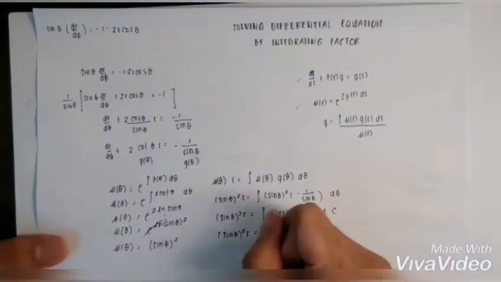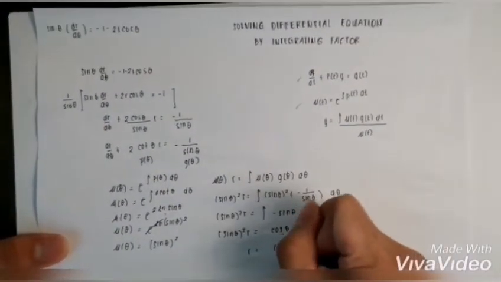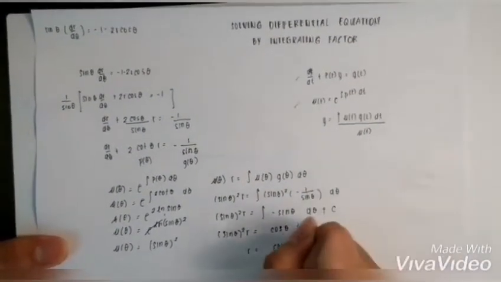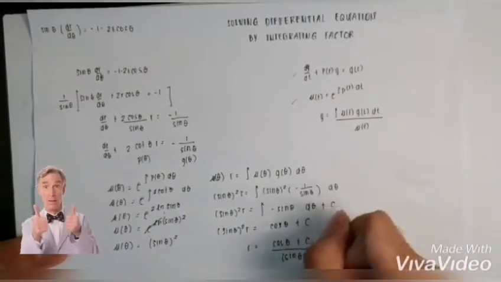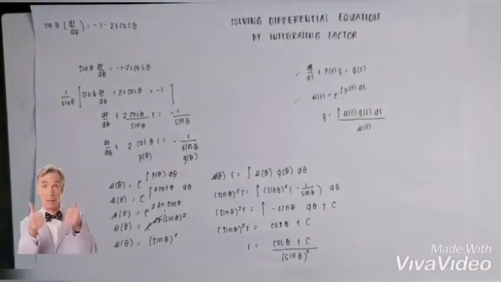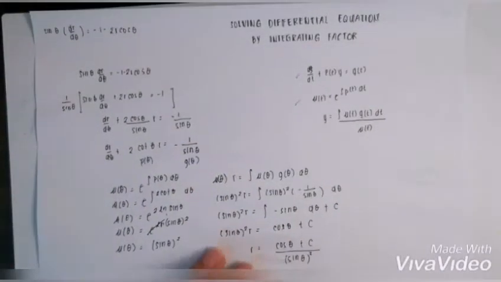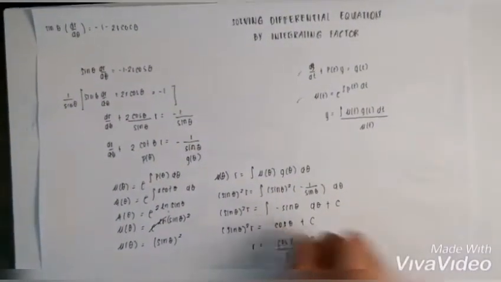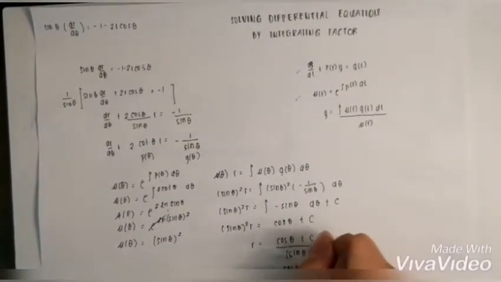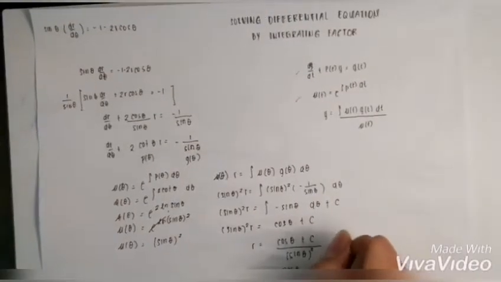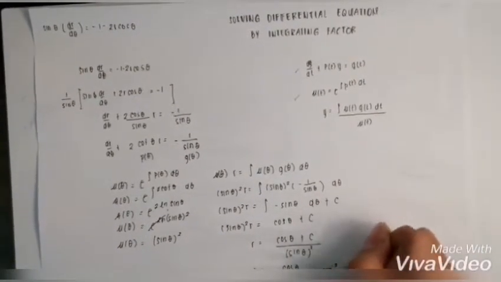So simplifying this, we have r is equal to cos theta plus c all over sine squared theta. Alright? So now, we can actually simplify this furthermore. So we have cos theta all over sine theta squared plus sine negative 2 theta,